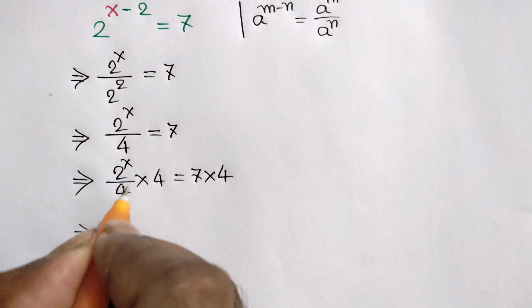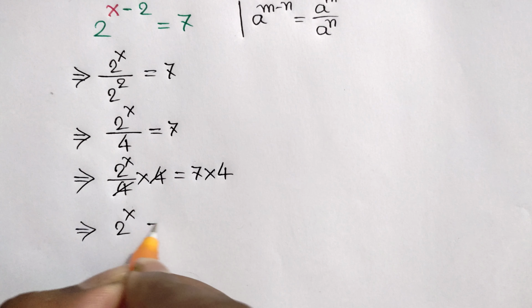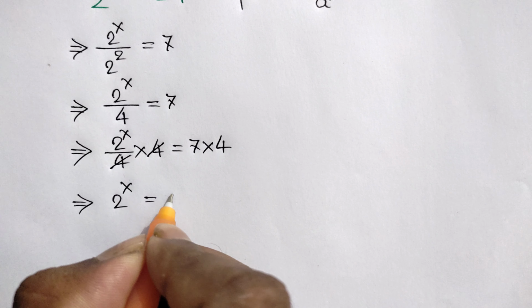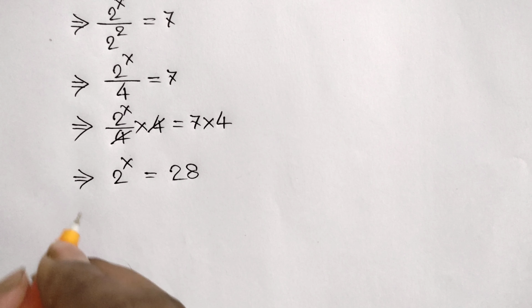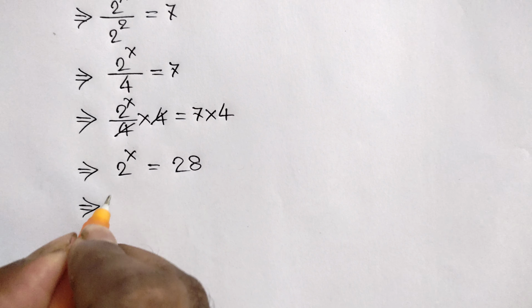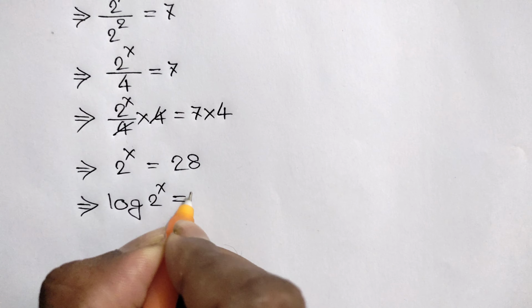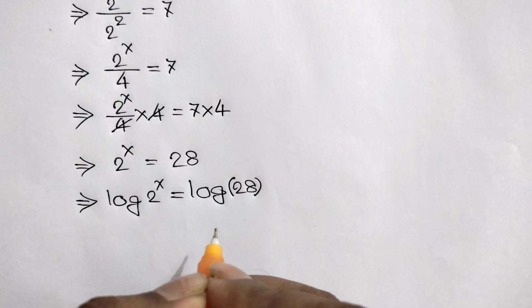Now this 4 cancels out this 4, so here we will get 2 to the power x is equal to 7 times 4, which is 28. Now taking log on both sides we can write log of 2 to the power x is equal to log of 28,